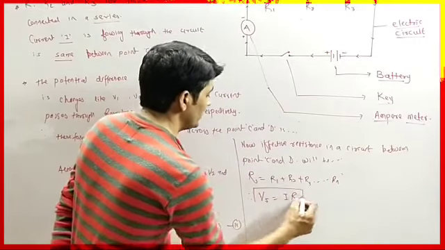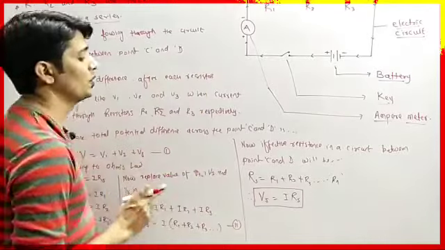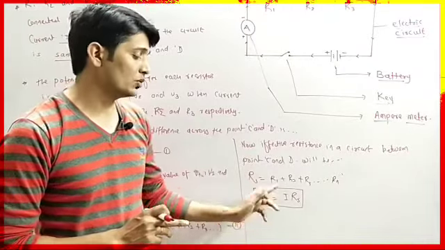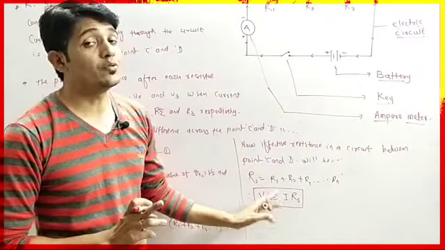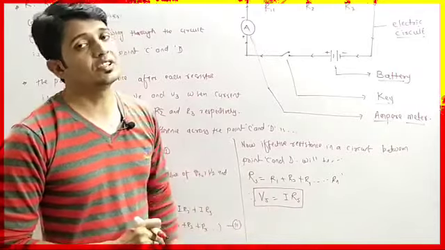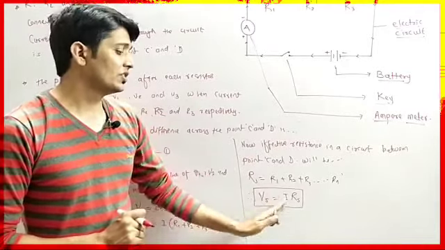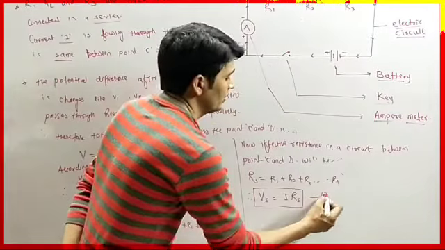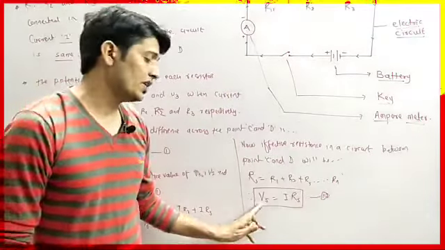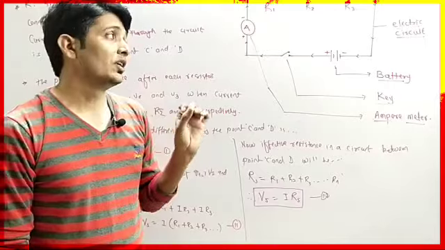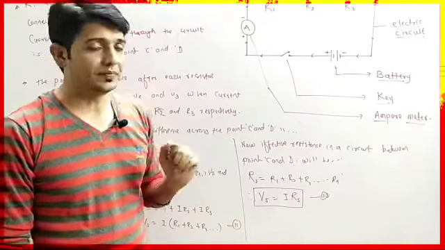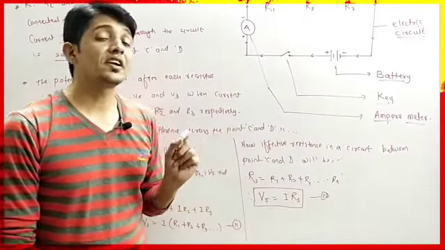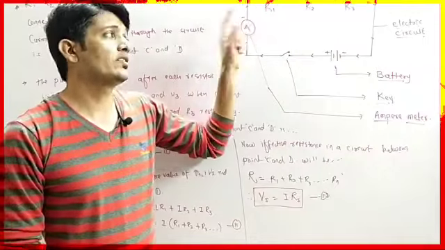So this is the effective total potential difference in a circuit, Vs, which equals the multiplication of I, which is the current, and the effective resistance in series Rs. This is the equation we are going to use for solving numericals. This is the third equation. Here Vs is the potential difference across the points C and D, I is the electric current, and Rs is the effective resistance in a circuit between points C and D.